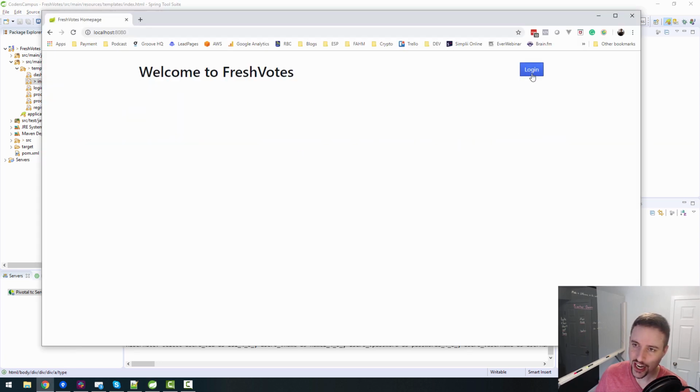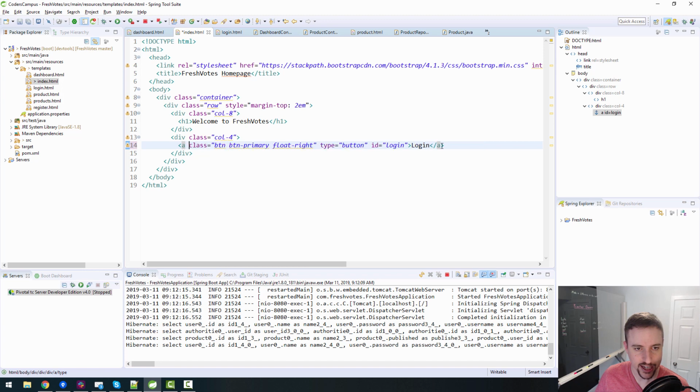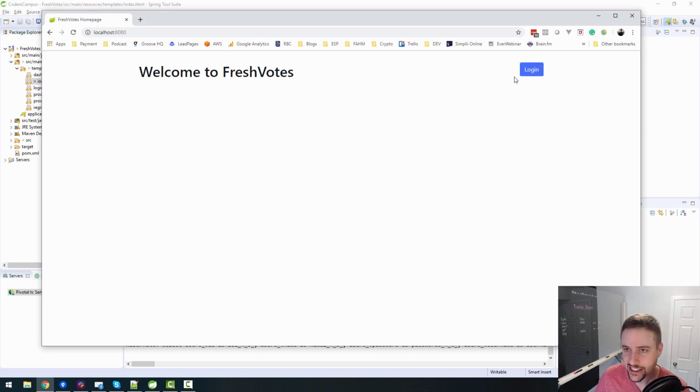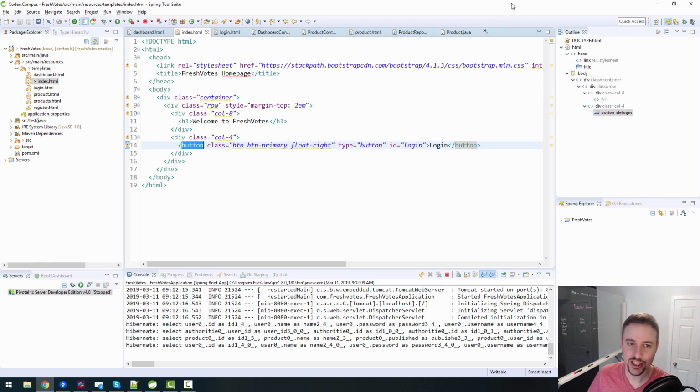So it changes the look a little bit. Do you see the difference there? It's a little bit more boxy. Was that my eyes deceiving me? Let's refresh. Yeah, see, it's a bit more rounded. So it does change the look and feel, which I don't like very much. So let's leave it as a button and just do more work in terms of having some